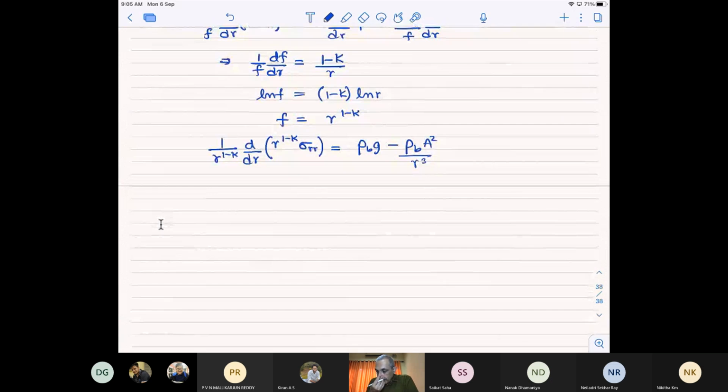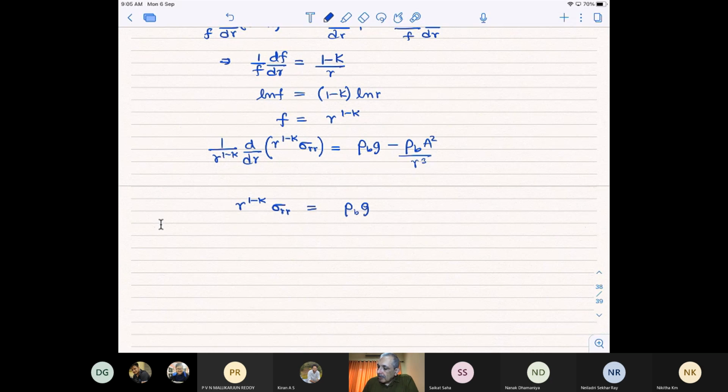So now this is very straightforward. You just multiply throughout by r raised to the power of 1 minus k, and then you can try and integrate it. So you will get r raised to the power of 1 minus k sigma rr is equal to